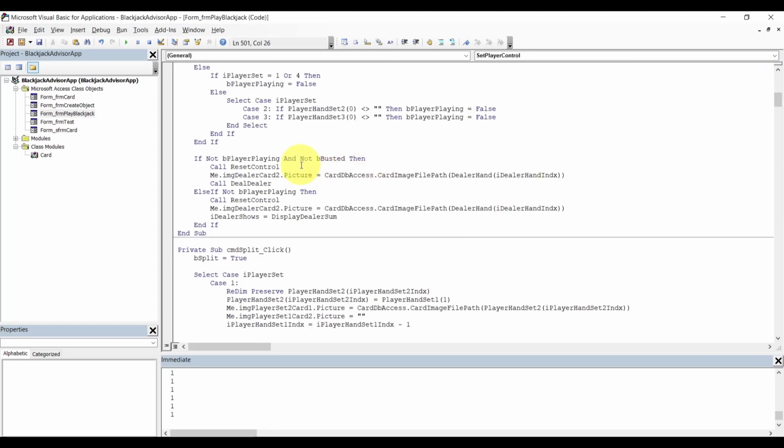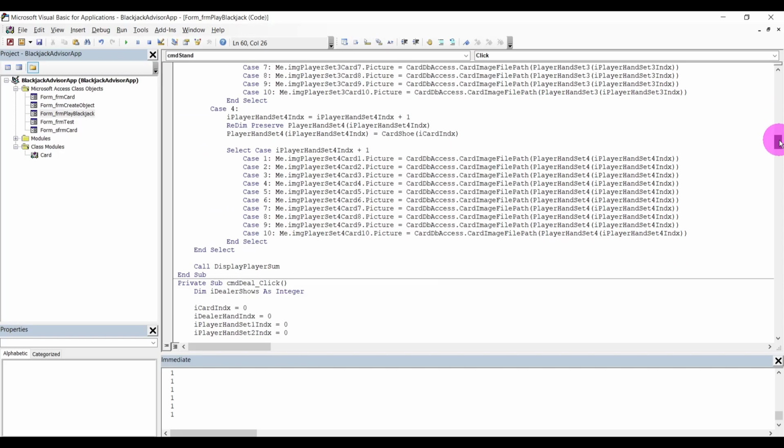All right, and this is where we need to identify when this guy stands right here. When this guy stands and not blackjack, you see, and not blackjack. So if it's blackjack, we want to keep, if not blackjack, then we want the dealer to keep drawing. But if player has a blackjack, then we just display and don't do anything with the dealer or with the player. All right, so we add the blackjack there, and now we need to say go to the player's hand,